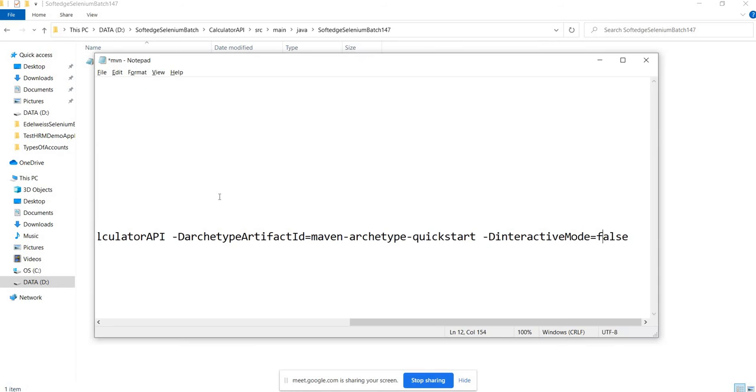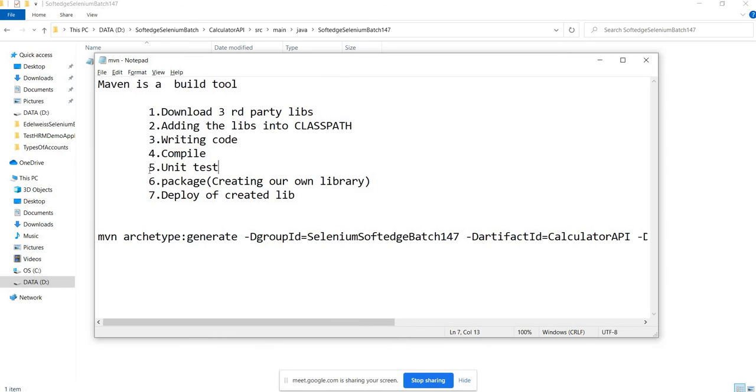Now I'm done with this second phase of our build life cycle. I don't need any third-party libraries right now, but let's say I need some library called Apache POI, the third-party library to deal with Excel files. I want to write data into Excel and read data from Excel.